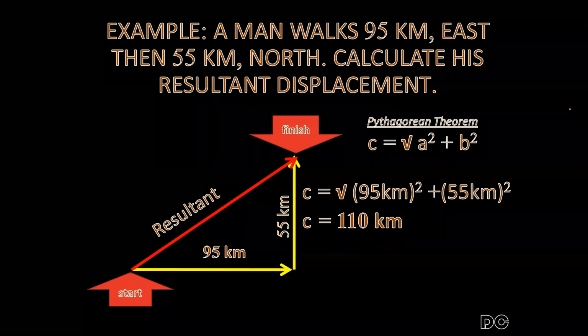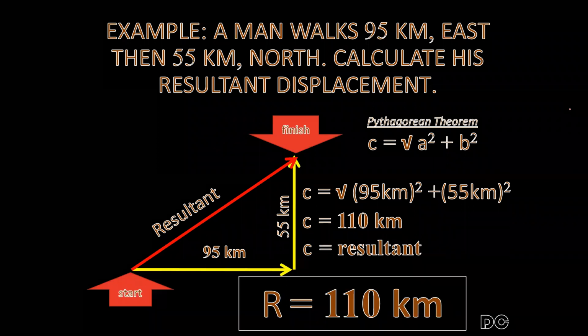That is the reason it is equal to 110 kilometers. Take note, as I said before, we follow the rules in significant figures. If you have forgotten, take time to review the rules. So if C is equal to 110 kilometers and C is the resultant, then the resultant is equal to 110